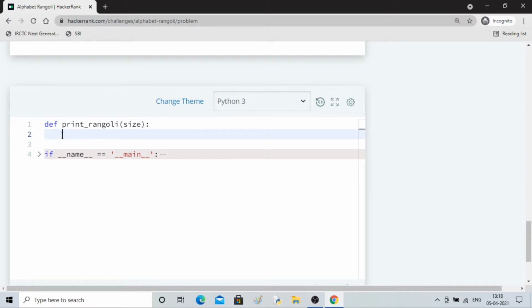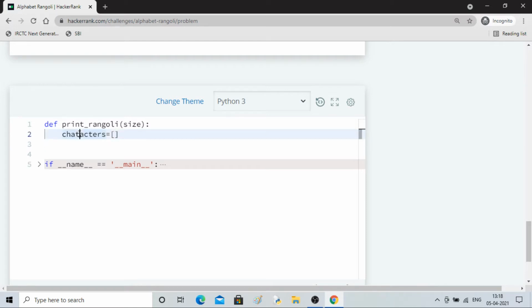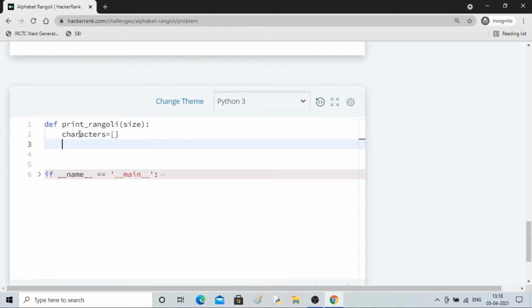So I'll define a characters variable, which is a list type, and I'll run a for loop for i in range 0 to size. Size is my integer value.